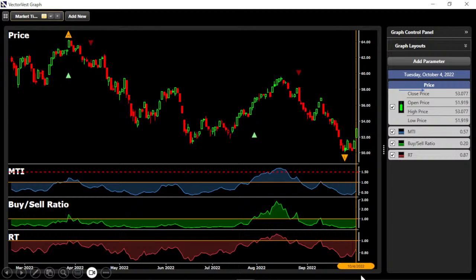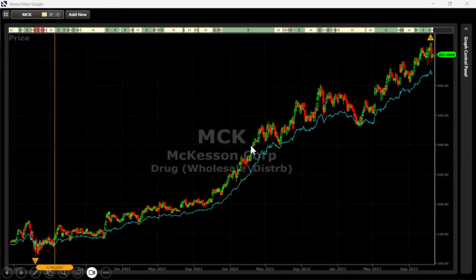So going back to October of 2022, you could see a nice break there off of a recent low. The MTI had gone below 0.6, the buy to sell ratio below 0.2. Really big rally there on October 4th with follow through the next day. Okay. So looking at, and again, just reiterating the approach we're taking here, in that if we buy the stock